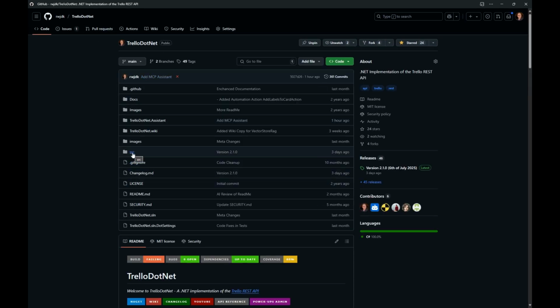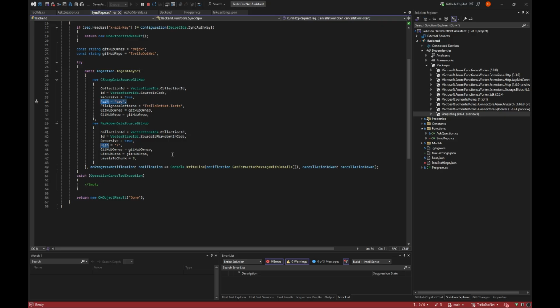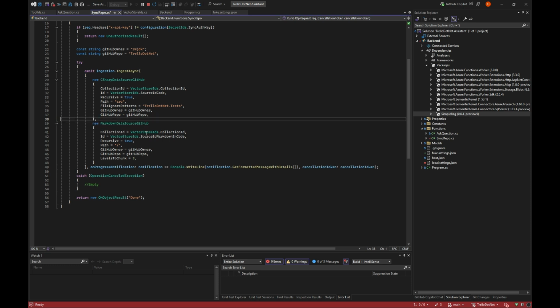And it should go from this folder and inward all the code except my tests, because I don't want them to be part of this, and take it from this GitHub. There's a few more settings you can set here, but else it just takes some defaults.